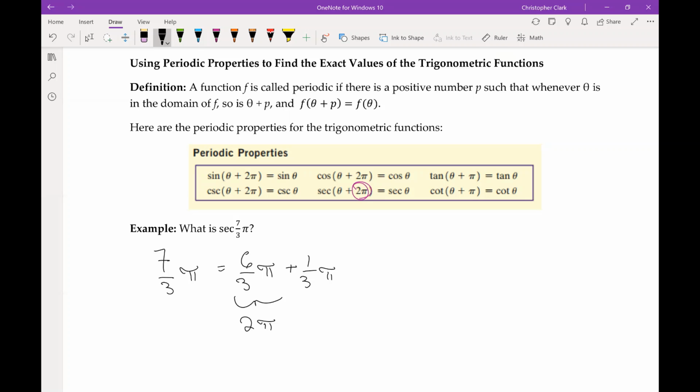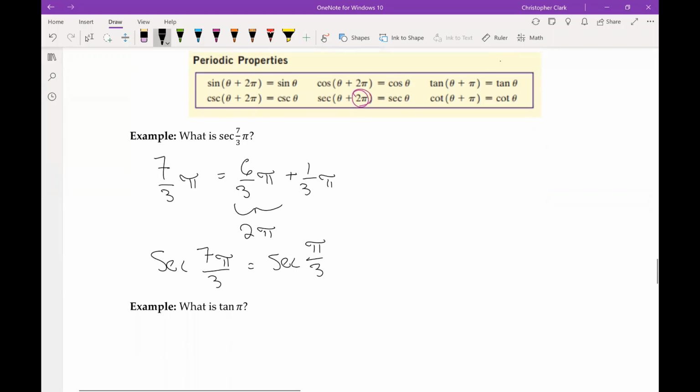This means that secant of 7 pi over 3 is exactly equivalent to secant of 1/3 pi, or pi over 3 is how it's more often written. So the question is, how do we determine what secant of pi over 3 is? Well, do we remember pi over 3 is